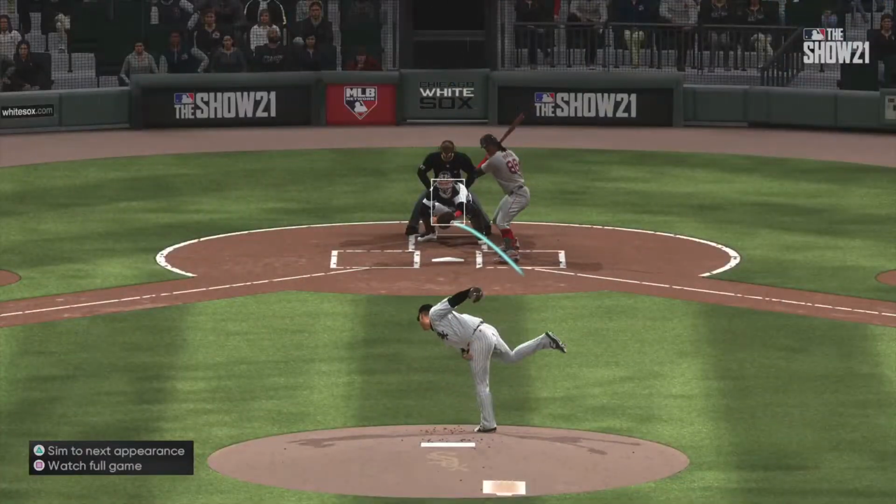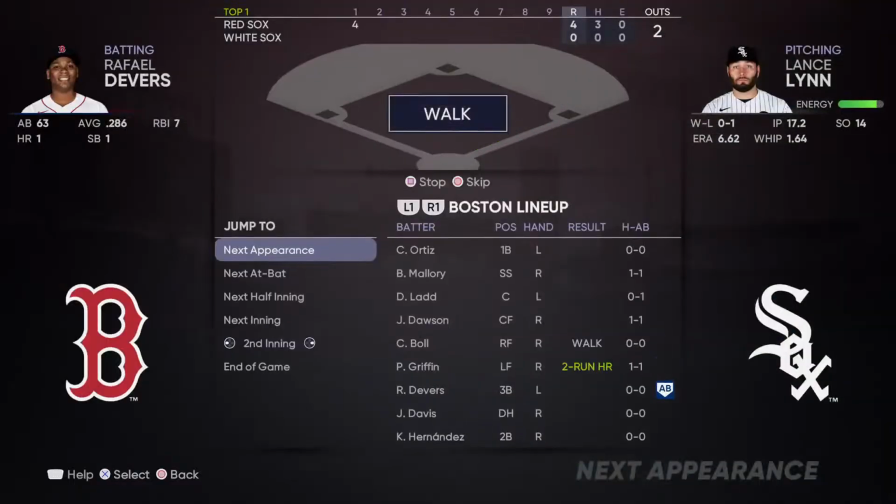Loved a homer in the top of the first inning. Give your pitcher a chance to kind of